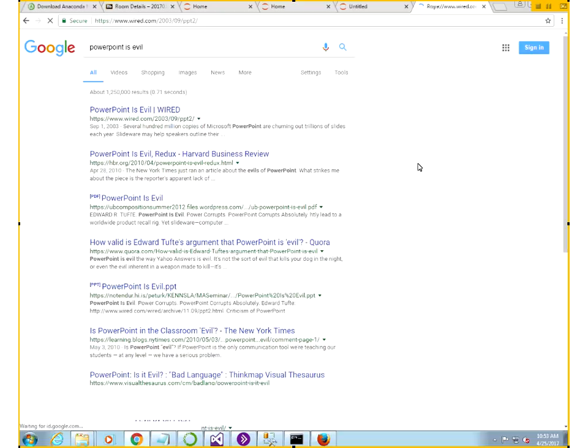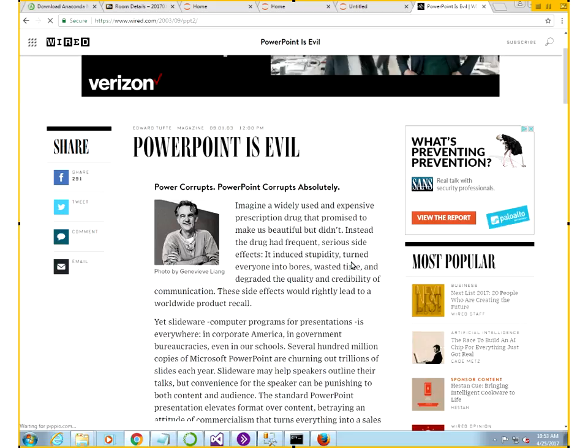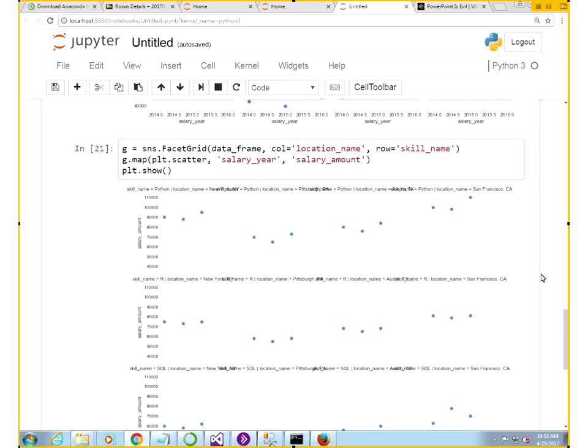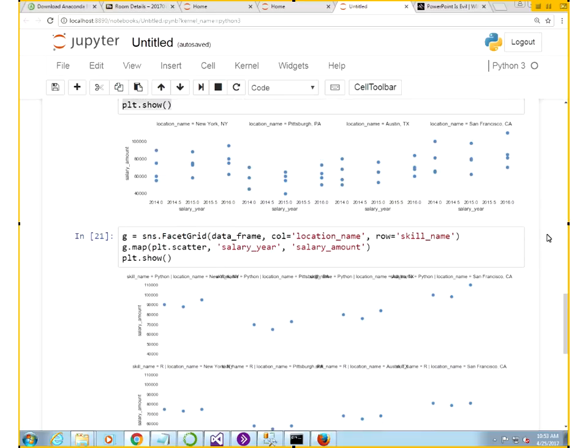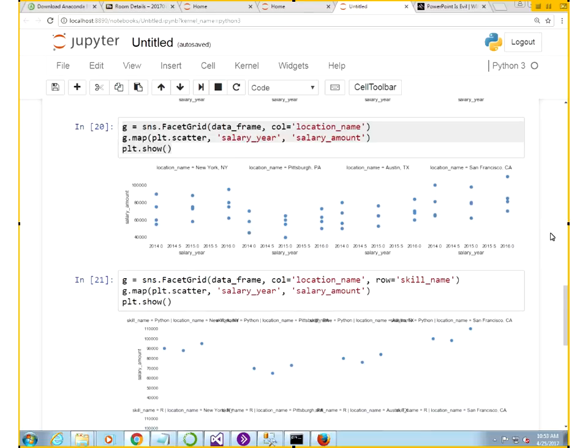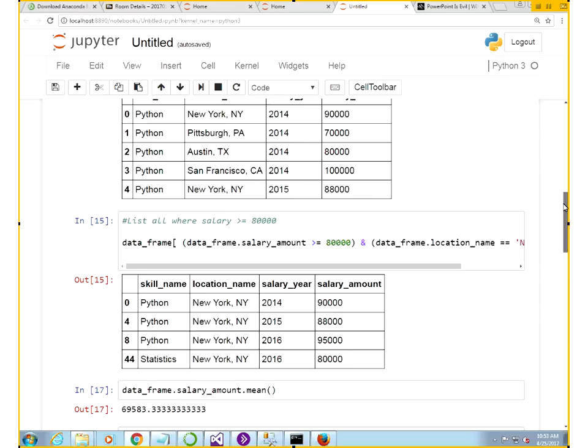So when PowerPoint was introduced, essentially it made it very easy to generate all this chart junk. So the issue is the same principle here. You can generate a lot of different types of plots, charts, and so on. So you have to be very careful with what you want to do, and how much meaning is there in what you're generating. Anyways, this is a very fast introduction to Python data analytics, and you can use it for pure